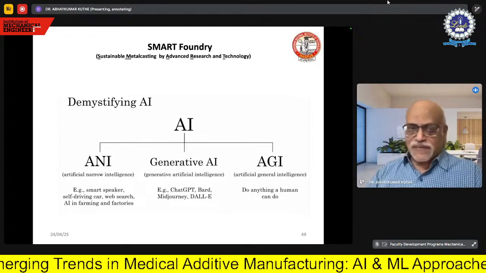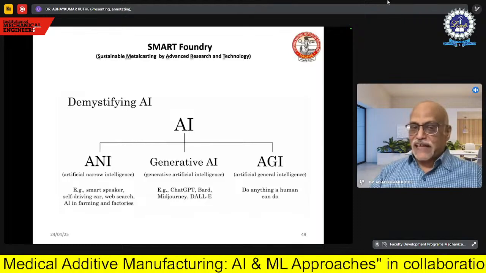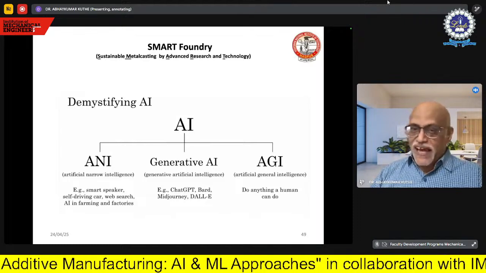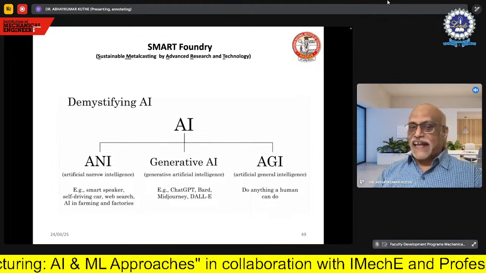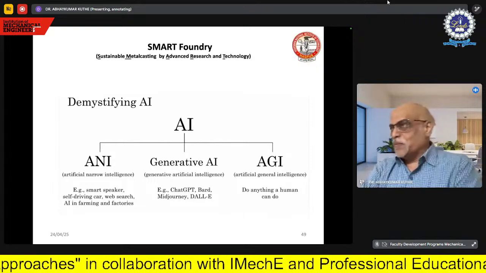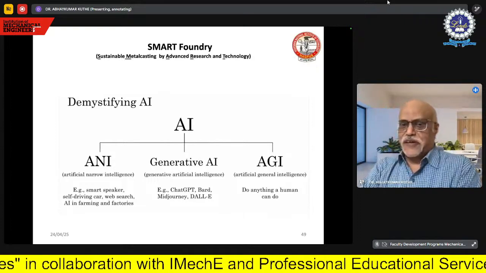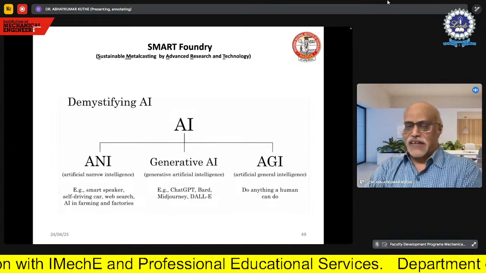AI has 3 types. When we talk about narrow intelligence, artificial narrow intelligence, we talk about generative AI, and then we talk about general intelligence. So it is ANI, generative AI, and AGI. Now here, I hope that many of you must be aware of generative AI, especially ChatGPT is very popular and many such engines are possible.